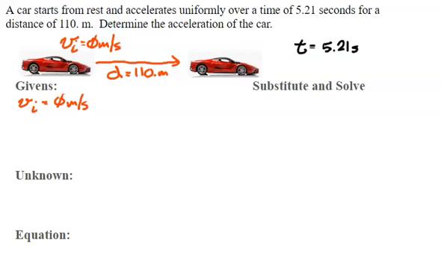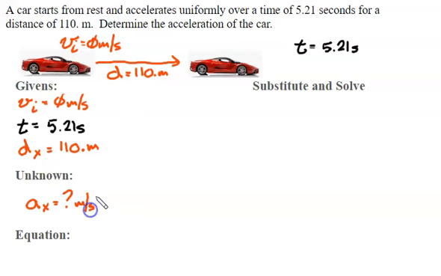The time is 5.21 seconds, and then the displacement, or the distance in the x, is 110 point meters. The thing that it's looking for is the acceleration, so the acceleration in the x is question mark meters per second squared, and the equation that's going to help me is